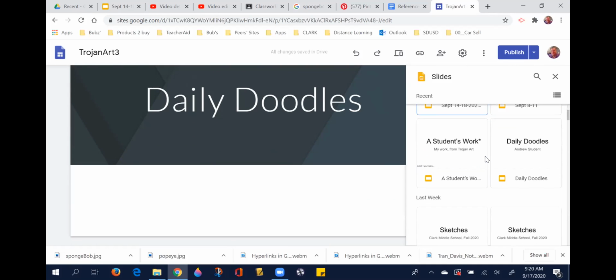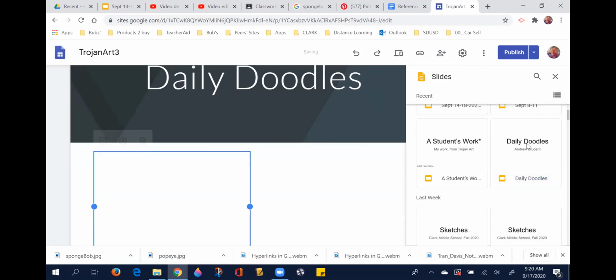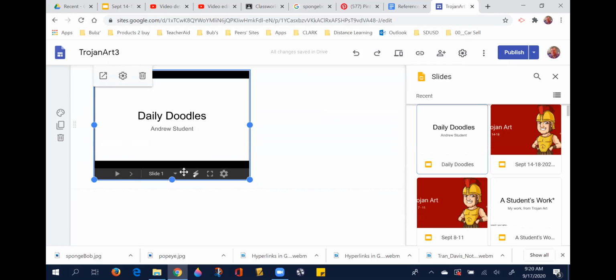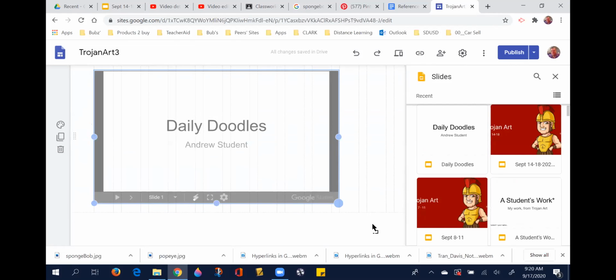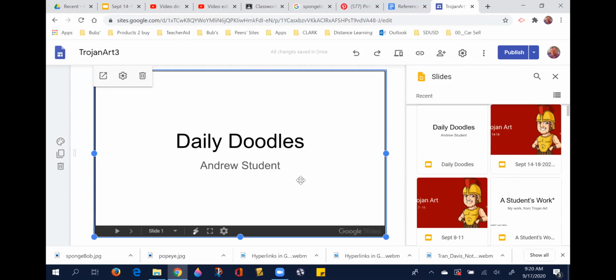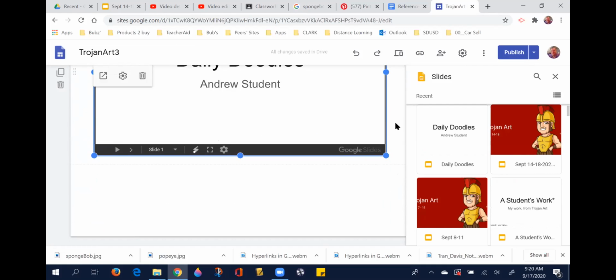And then I'm going to find my Daily Doodles. It's going to import that slideshow into my Google site. So I'm going to stretch this out to the right to make it really large. And let me show you this too, because this is something I would like you to add to your web page. Down at the bottom where it says Add Footer,